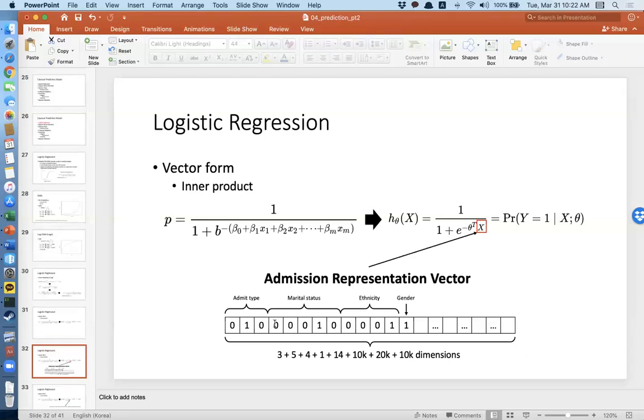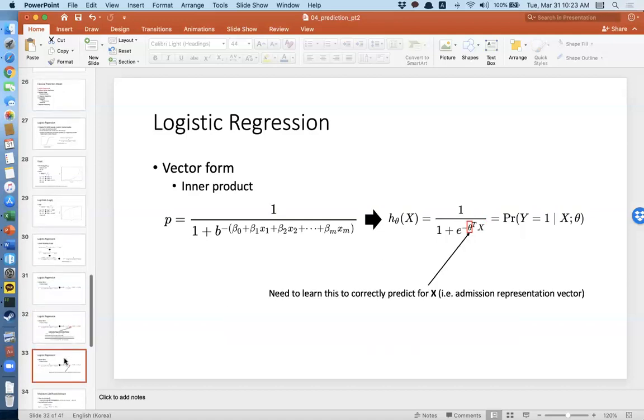So we've gone through all the trouble of converting your hospital admission into a single fixed-size vector of 40-something thousand dimensions. The reason we did that is because this is a vector, so now you can plug this very long vector into X. That means this theta is also a 40,000-something dimensional vector, and we need to learn it basically,